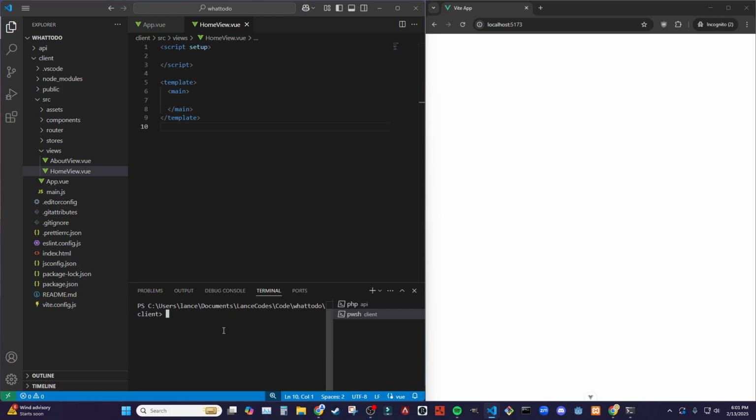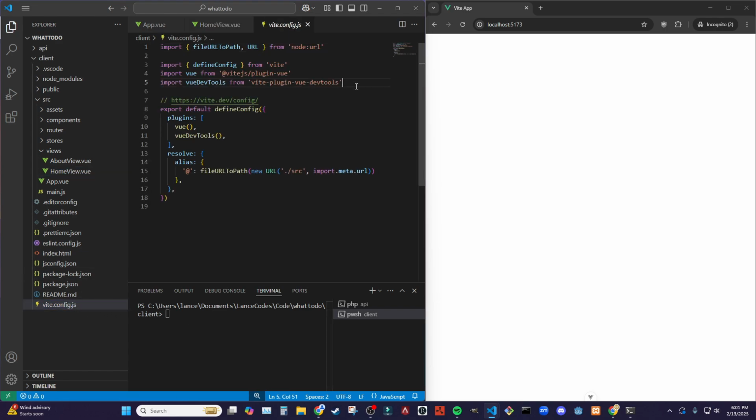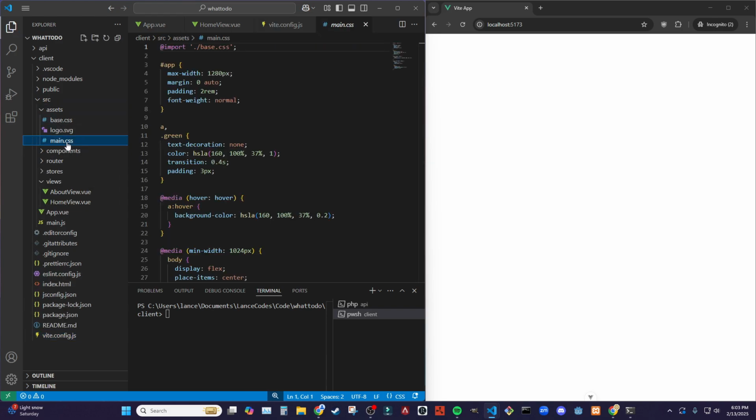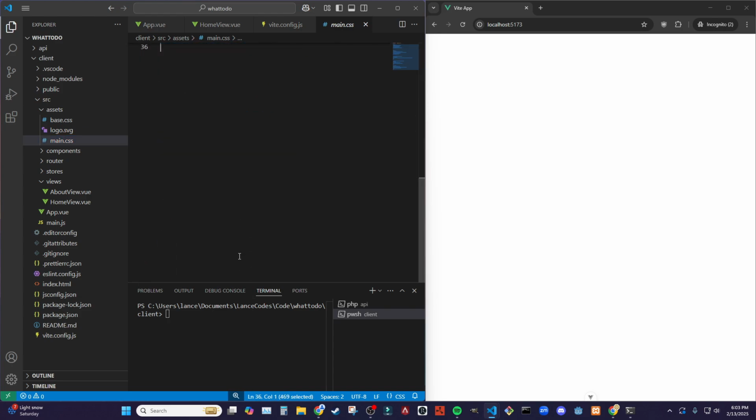Perfect. Now let's set up our Tailwind installation by opening our Vite config file and importing Tailwind. Now down under plugins, we're going to add the Tailwind CSS plugin and save. All right, now we want to open up our assets, open up main.css. We're going to get rid of everything in here, including the import, and we're going to import Tailwind CSS. Save. Now just for a little bit of styling, we're going to add a few things. We're going to add body. We're going to say background